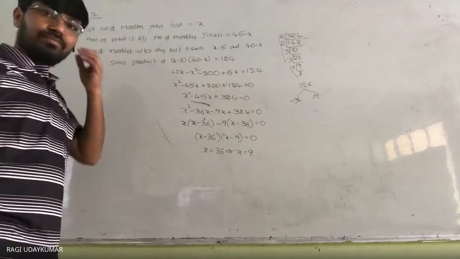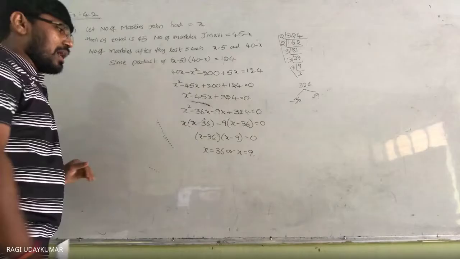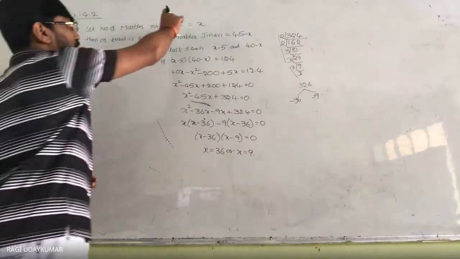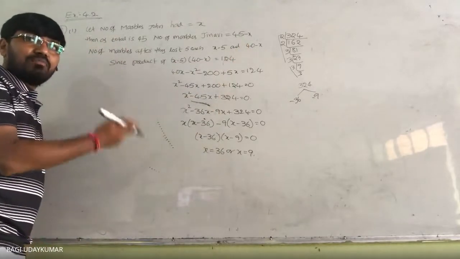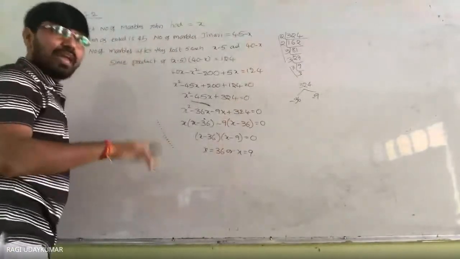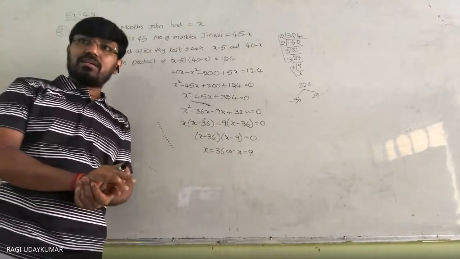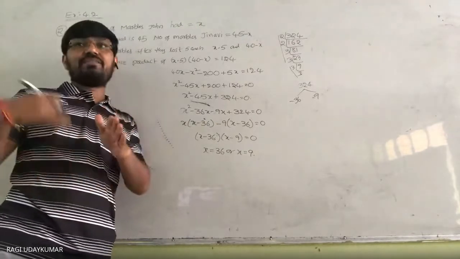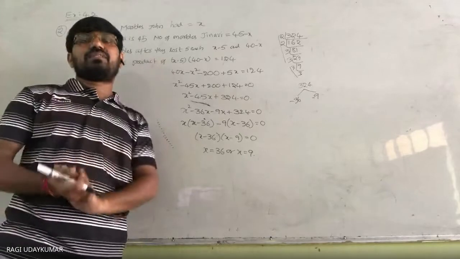So what is x here? The number of marbles, the number of marbles with John at the beginning. So yes, whenever you take that, if John has 36 marbles, Genevieve has 9 marbles. If John has 9 marbles, then 45 minus 9 means again 36. So in this situation, obviously 9 and 36 is the only answer. You can write that they have 9 and 36 marbles. If John has 9 marbles, Genevieve has 36 marbles. If John has 36 marbles, Genevieve has 9 marbles.